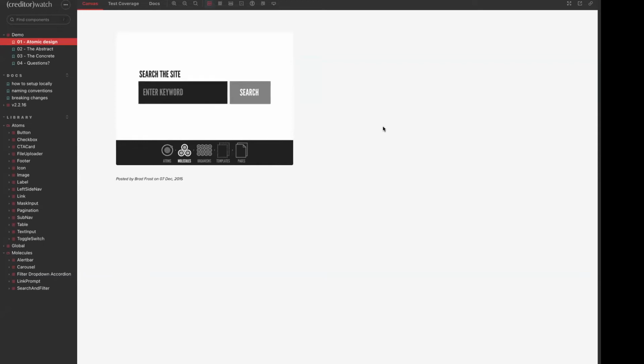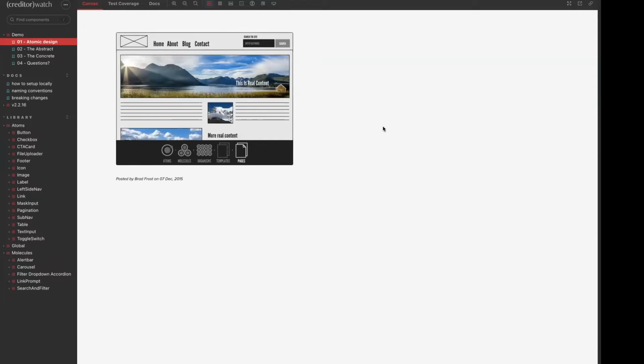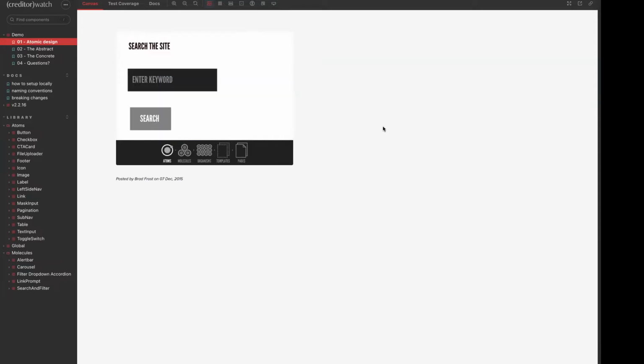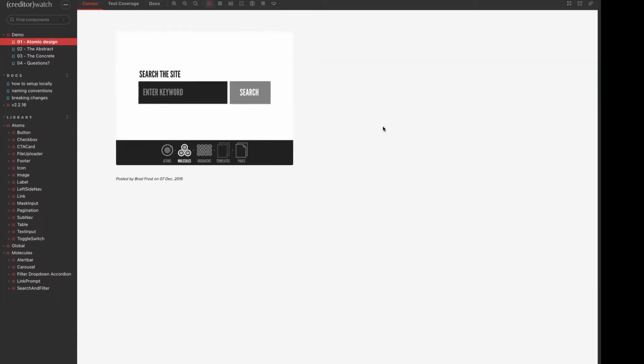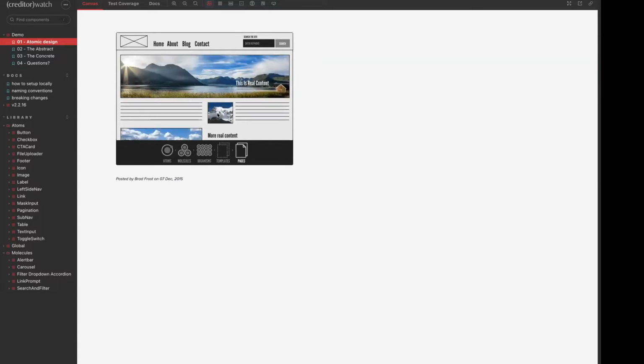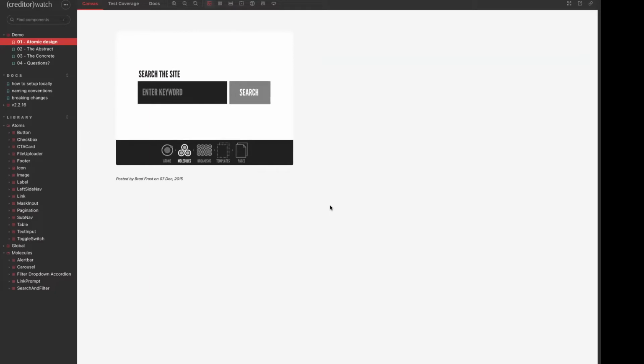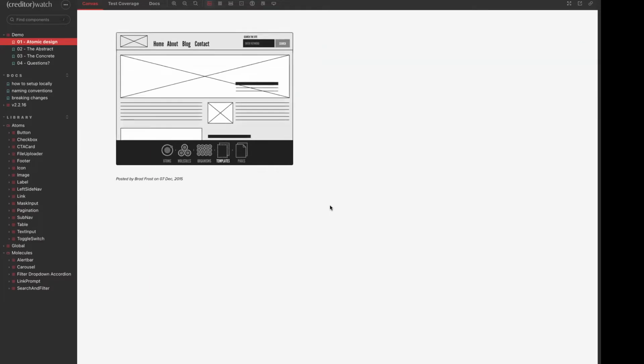So before we begin with the atomic design, the shared libraries, and even the Storybook in general, let me talk a bit about what atomic design is. It was a concept introduced by Brad Frost back in 2014 to the front-end world, which basically says to